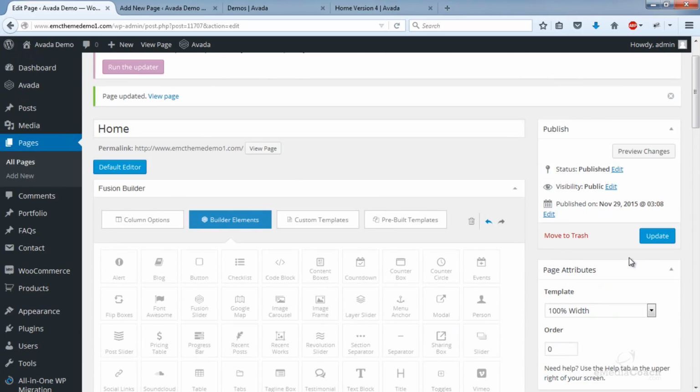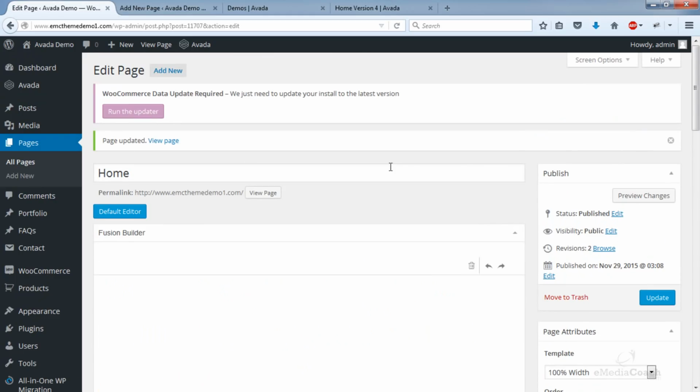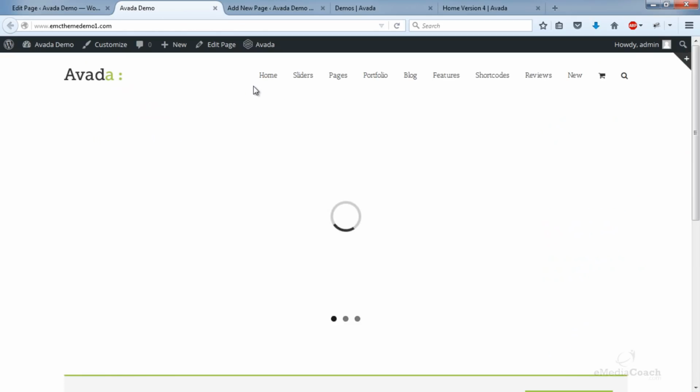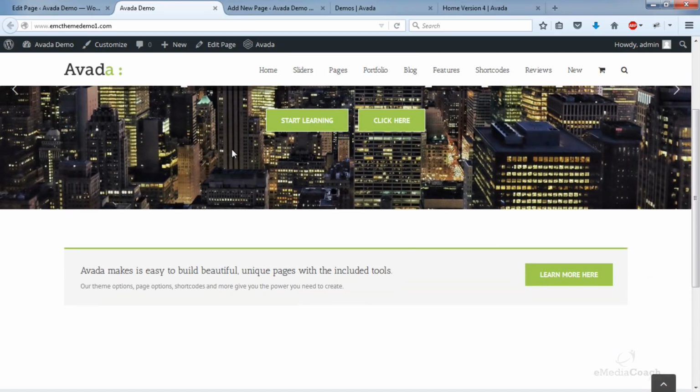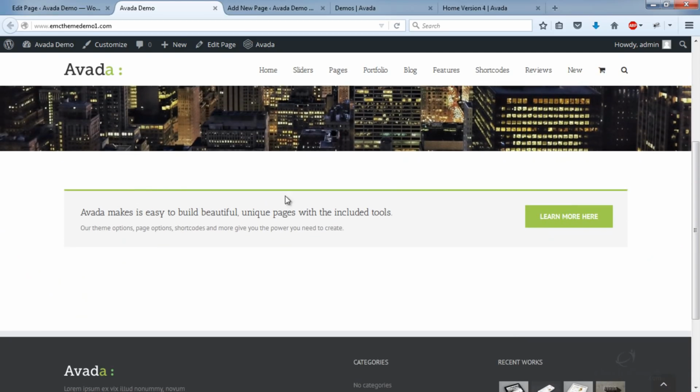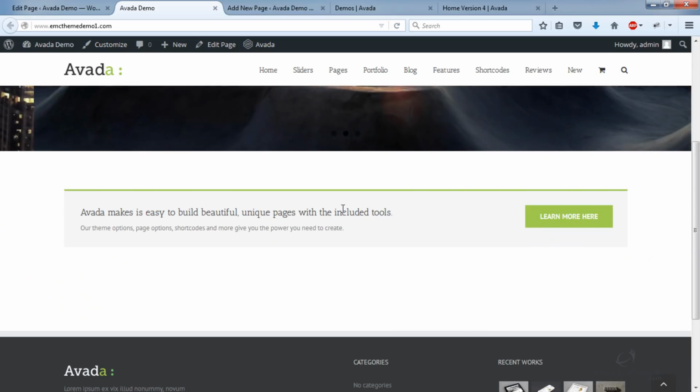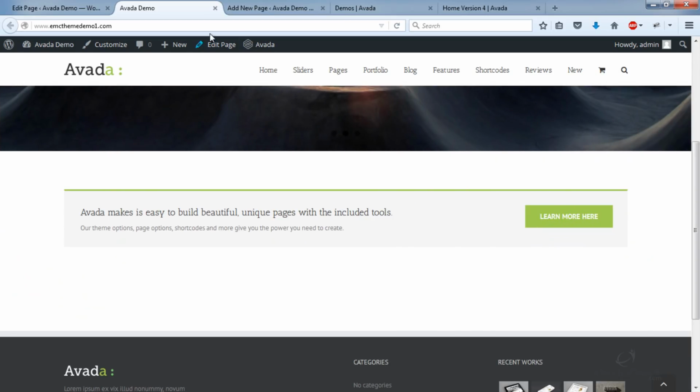And now with everything I add, I will update and show you the update on the front end itself, so you know what it's done and you know how it looks every step of the way. Okay, now I can view that page. Beautiful, there we go. We've added a nice call to action with some text that you can easily edit, and you know exactly what options you need to change to edit that.